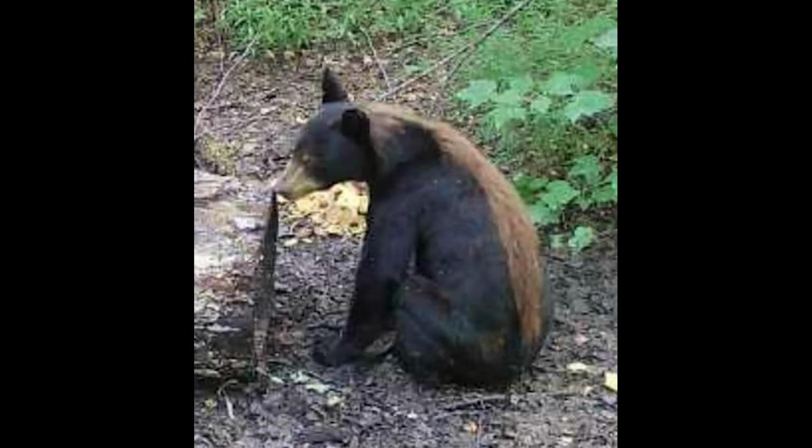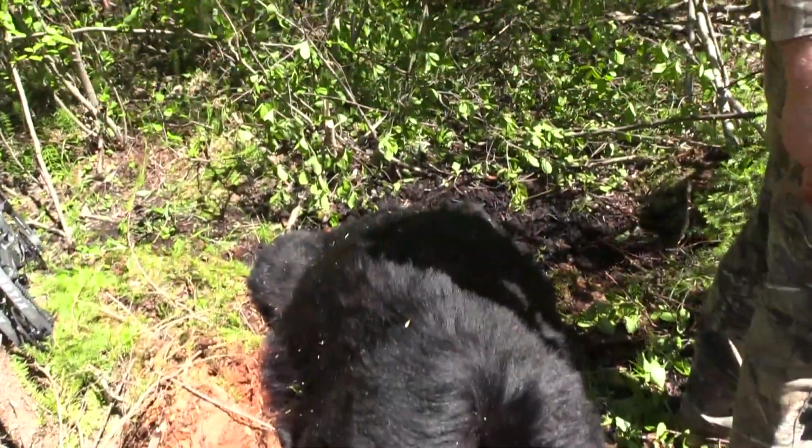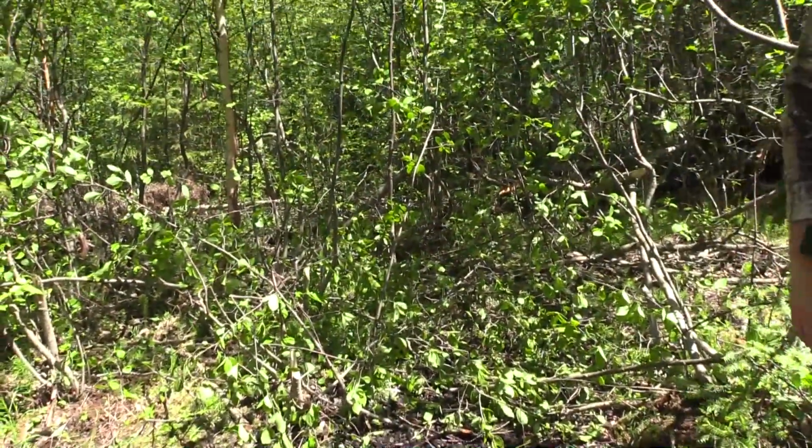First of all, a little background on bear fur. Now, as it starts to get cold in the fall, all fur-bearing mammals, and bears included, start to grow a thick, hollow layer of fur that's longer than their underfur, and it's called guard hairs. So when the bears go into the den, they've got this thick layer of...